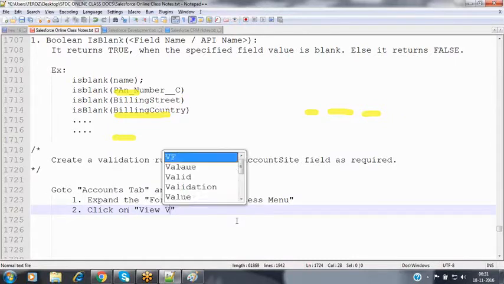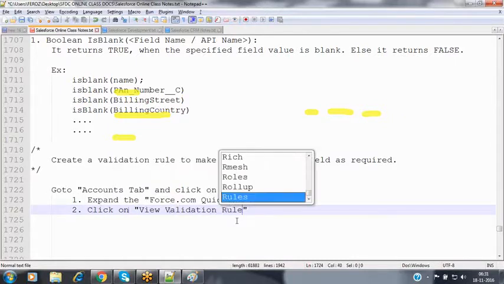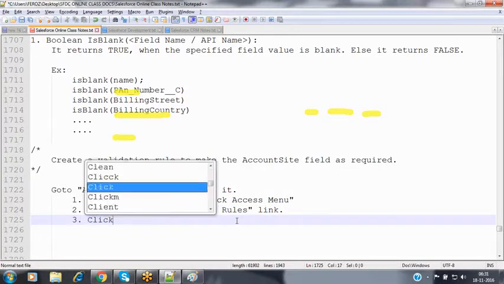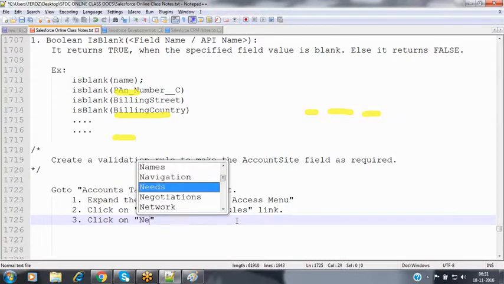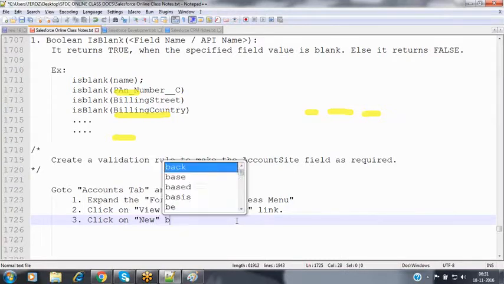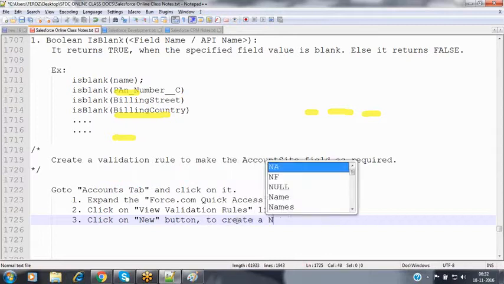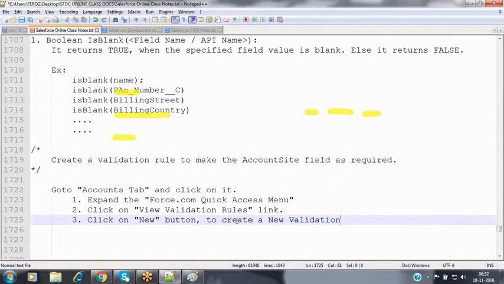Click on View Validation Rules link, and click on new button to create a new validation rule.